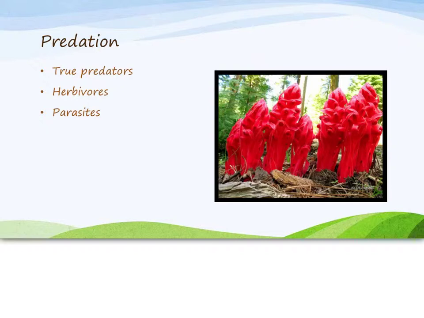So here's the next concept, predation. So there are true predators, which would mean like a wolf preying on a smaller rodent. Okay, there's herbivores, which should mean like birds that are eating various seeds. And then there's parasites. And this lovely, beautiful flower right here, called the snowflower, is an example of a parasite, believe it or not. So you might think of parasites just as bugs that make you sick, but this is actually a flower that acts as a parasite.